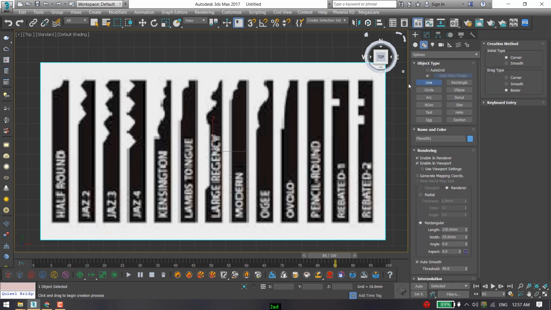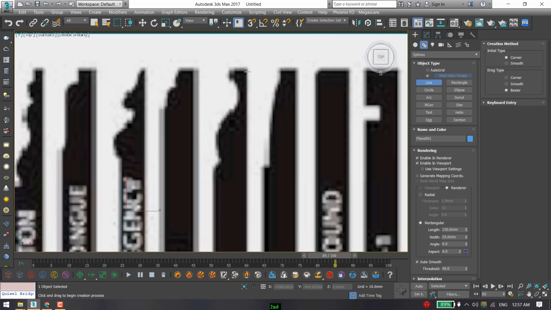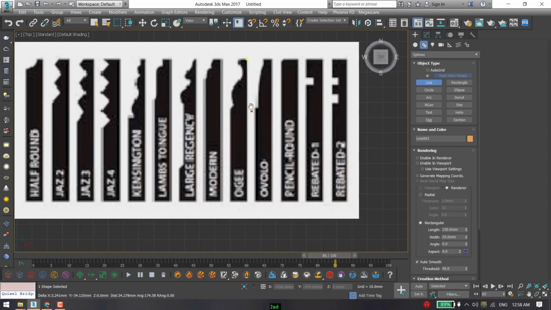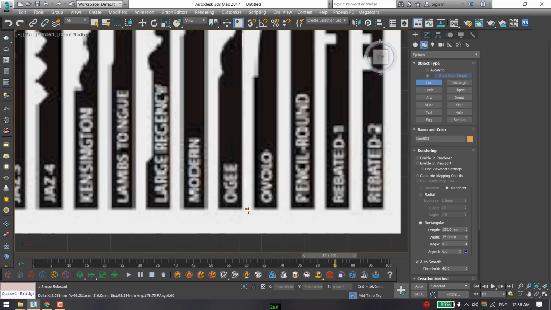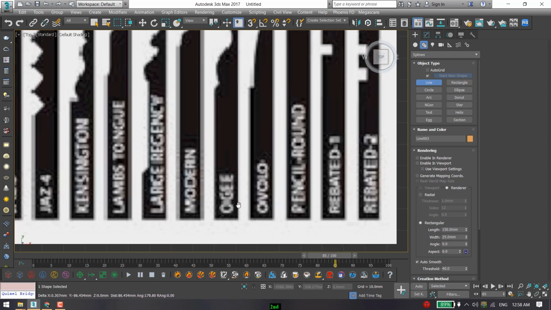After that, select the line tool on shapes. Select this one edge and select loop. But before clicking, disable enable in render and enable in viewport. So you are only getting one loop, I just want a line. If you hold shift and click with the move tool, you can drag and get a straight line. If you are not going to hold shift, you get a nice angle line, so I want shift.